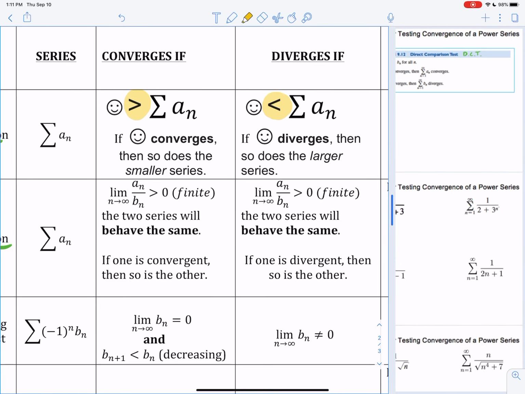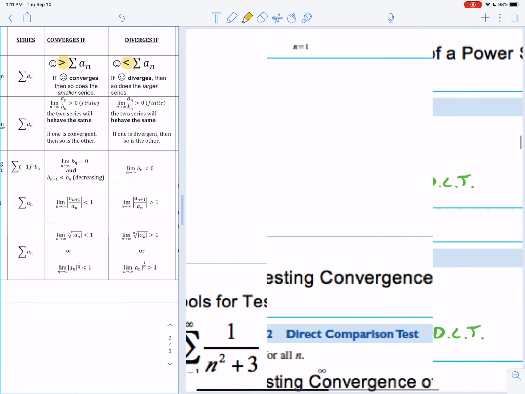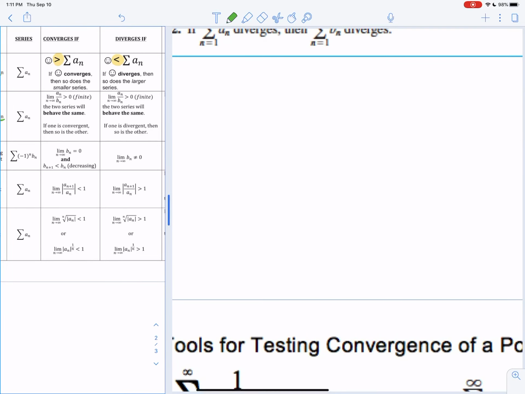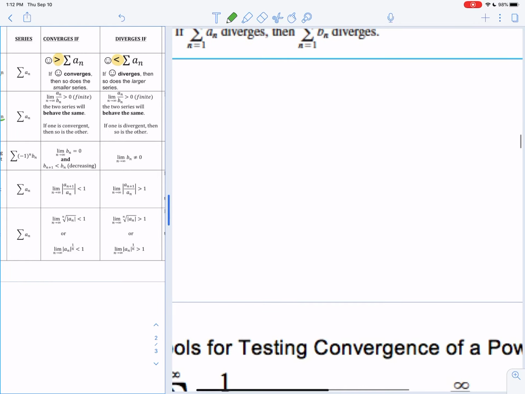So let me just give you a little picture here so that you understand what that really means. So remember that when we're finding the area under the curve, we're finding if the amount of space, the amount of area is finite or infinite. So just think of it this way. Let's say that